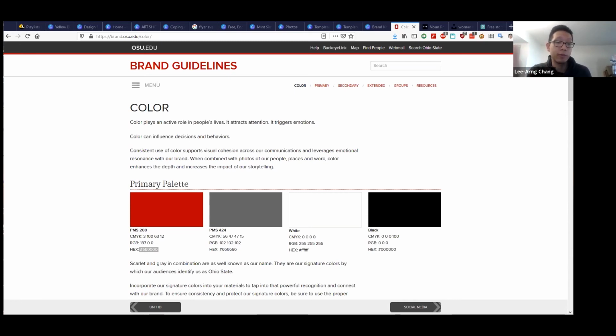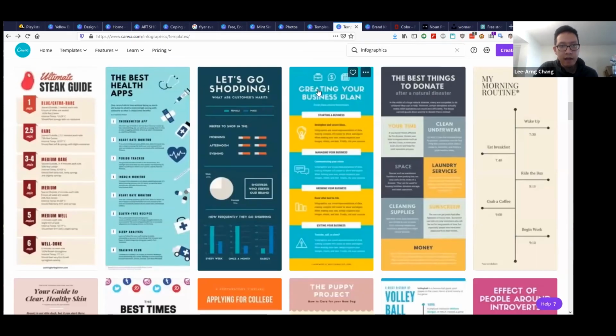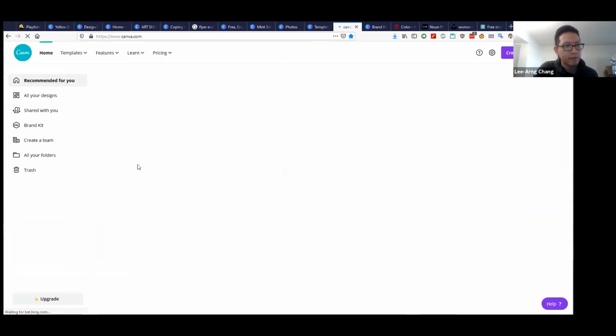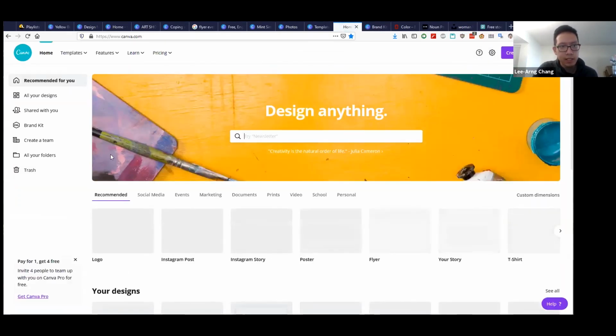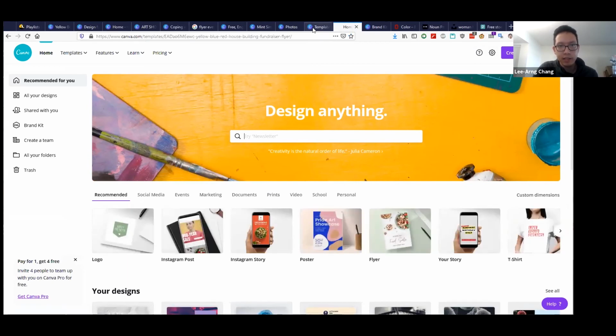Maybe you're in charge of the OSU library's Instagram or Facebook, and you're using Canva to create something and then upload it. You can do that, yes. Let me see if I can bring it up. I don't think I've connected it myself, but let me see.